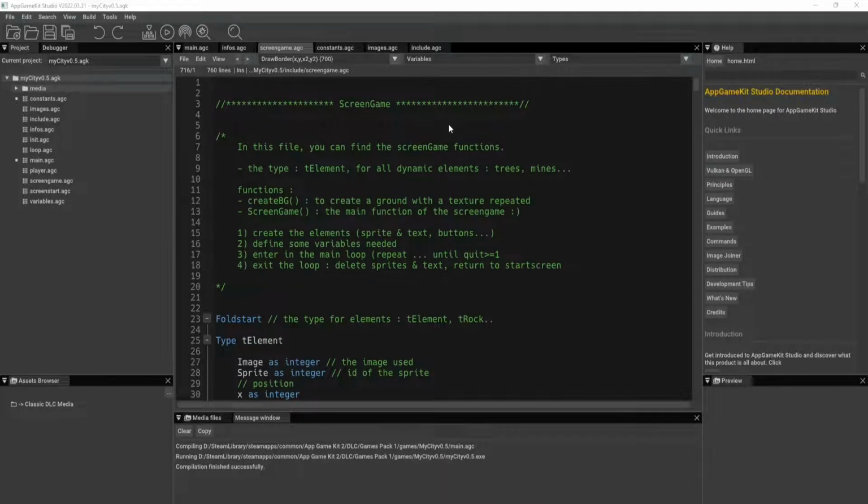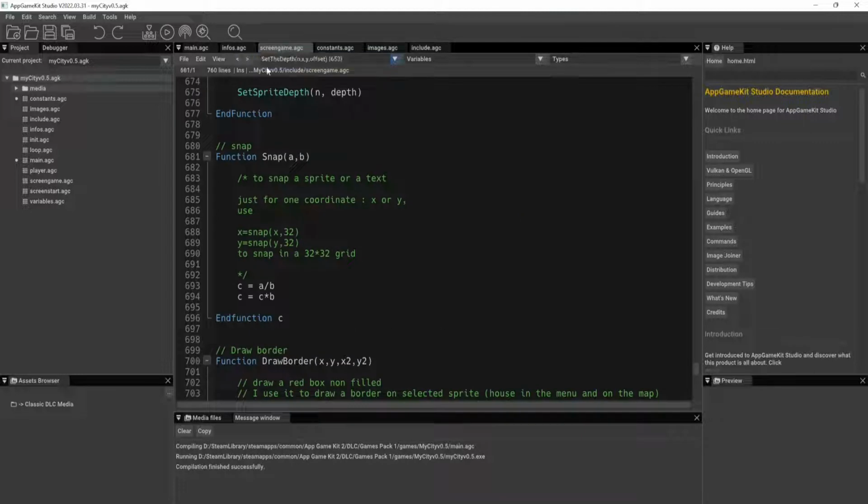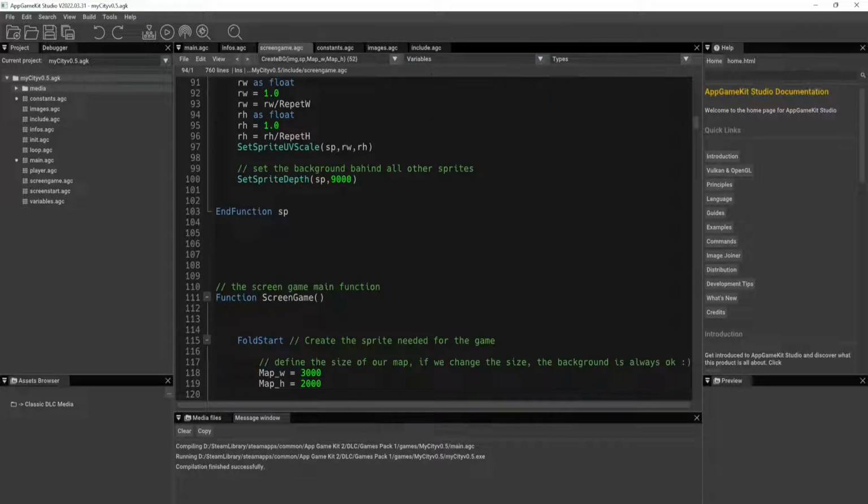But say we wanted to find a specific variable, then we can come under here. AppGameKit Studio automatically keeps track of our variables, our types. Functions will pop up here if you would like them to, so you can navigate between them. But say we wanted to go to a specific variable, then what we can do is simply highlight one, and this number here refers to the line it's on, and all you do is click it,